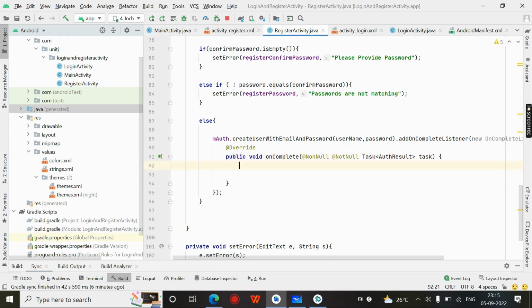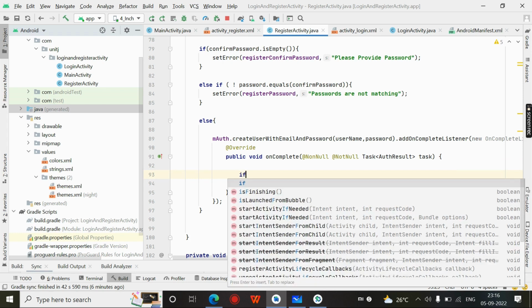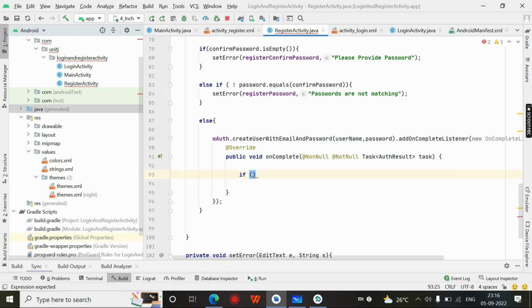Then task, we are checking if our goal is achieved or not. What is our goal? We need to register our user into Firebase. If it is successful, right? If task is successful,